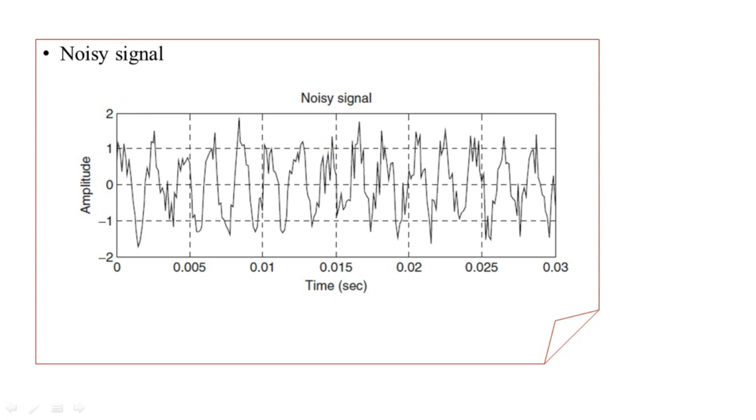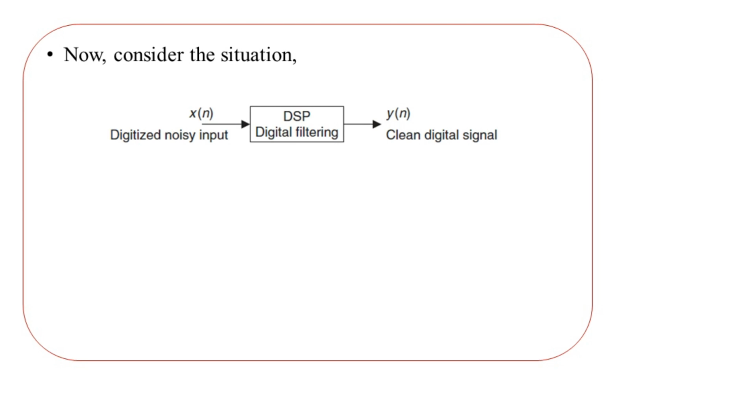Now let us consider that we have the representation of such a raw signal which has the useful part as well as the non-useful part fed to a digital filtering block. So of course we are in the domain of digital signal processing. We can call this particular block DSP, digital filtering. The input signal which is fed to the block, that means the signal before filtering, we can denote with the help of x of n. n is the representation of discrete time samples here.